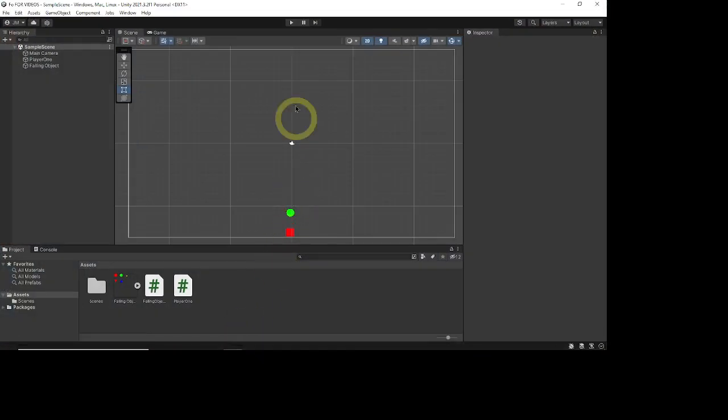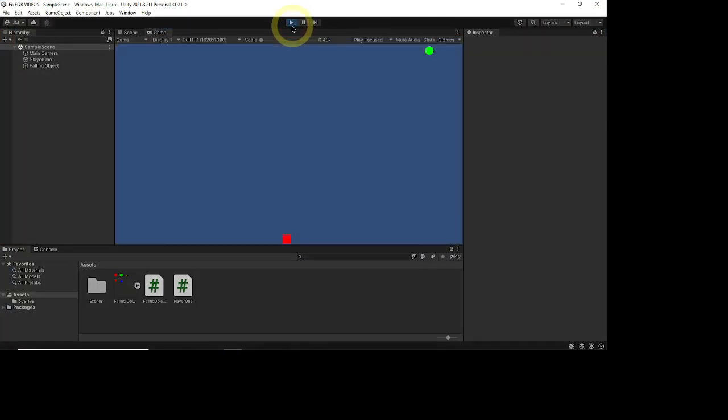So, right now, what we currently have is an object that can hit another object with the physics. As I mentioned before, we are able to move left and right. We have an object that is falling and it is able to recycle itself back to the top. Also, when a collision is detected, it will go back up to the top, which is what we want. All right, so the next thing we're going to do is add a bullet to the mix so that we can shoot it and get some type of reaction, and be able to destroy